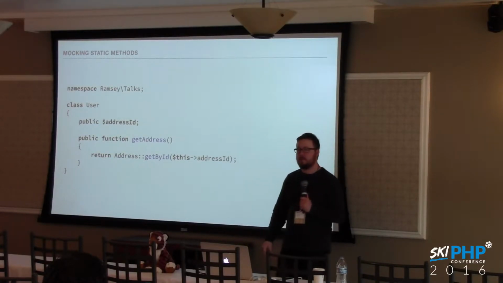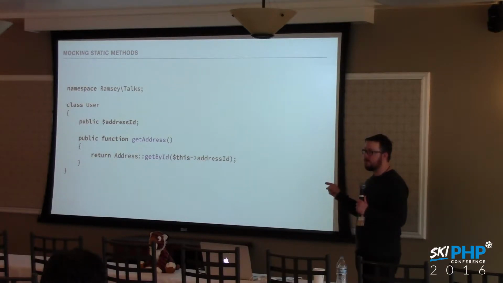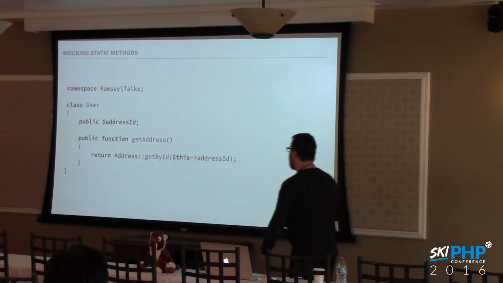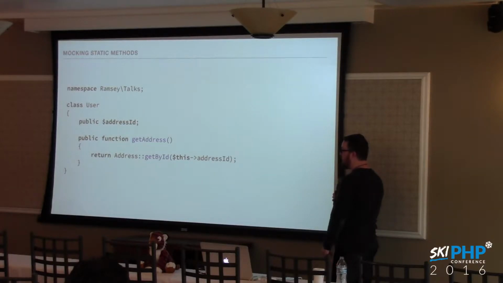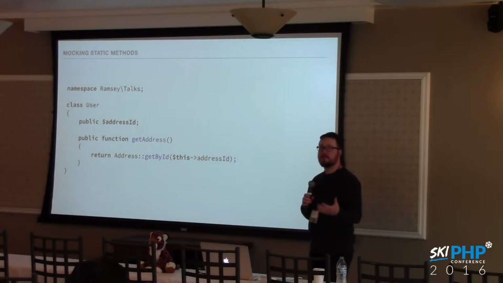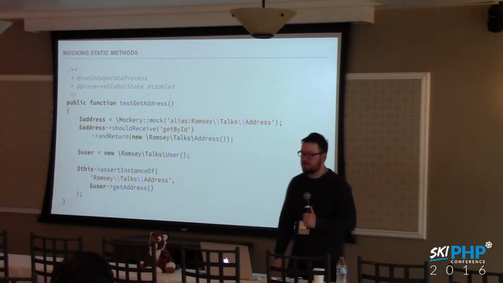The reason this is so difficult to test is because Address cannot be replaced. It's a class, and in this case, it's almost like a constant, right? We can't replace that word Address from within a test. It's just unreplaceable, like there's nothing to pass it in. And if we're going to test this, we're afraid that something could change in the database. Get by ID. Maybe it talks to a database. Maybe it talks to a service. Maybe it does something and has a side effect that we don't want to happen when we're testing it. So we need to replace it. Mockery can help us do this.